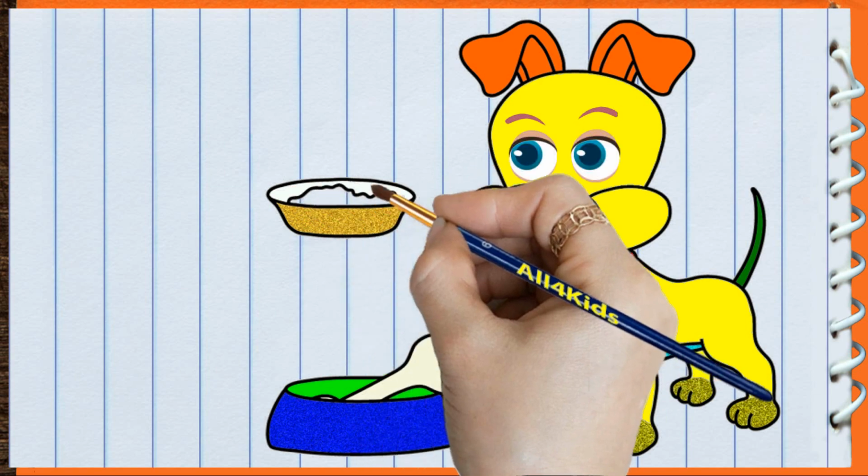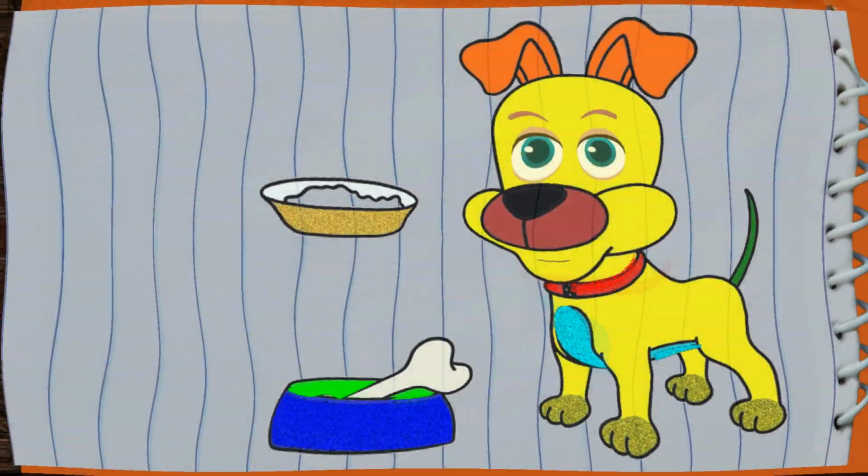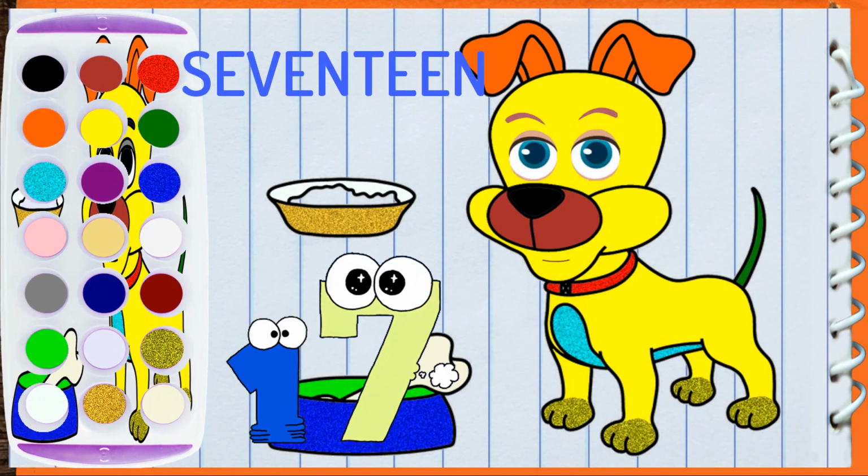A tisket, a tasket, a green and yellow basket. I wrote a letter to my 17. love and Lavender. on